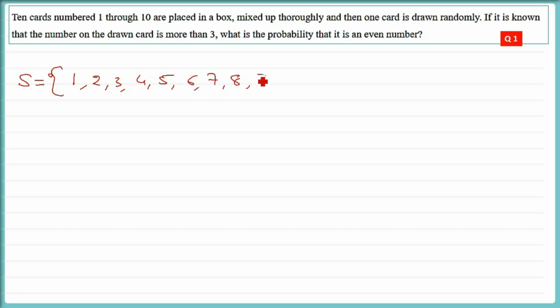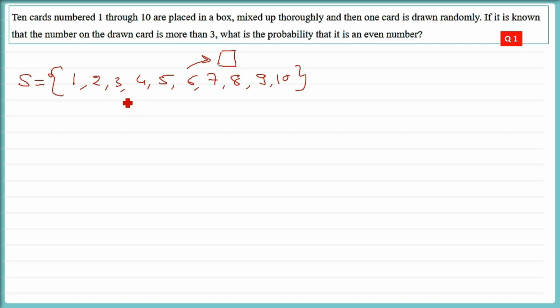Because there are 10 cards, 10 different outcomes can come. And it is thoroughly mixed, so there is no chance that 1 card can come again. Now 1 card is drawn randomly. Any 1 card can be picked up. Now if it is known or it is given, all these kinds of phrases can lead you to a conditional